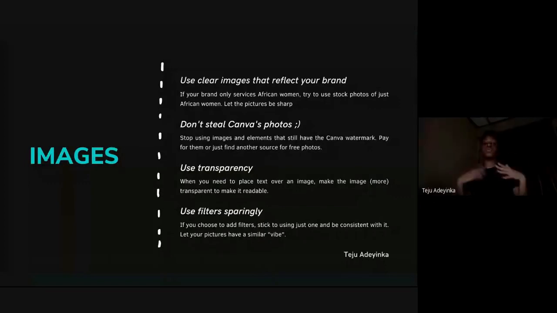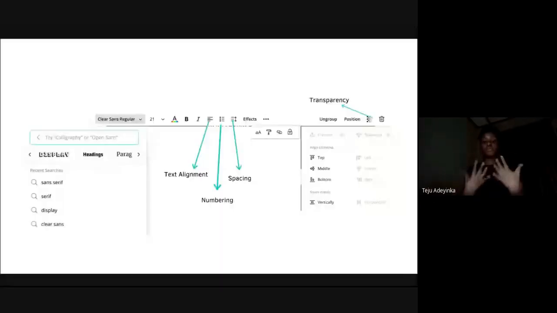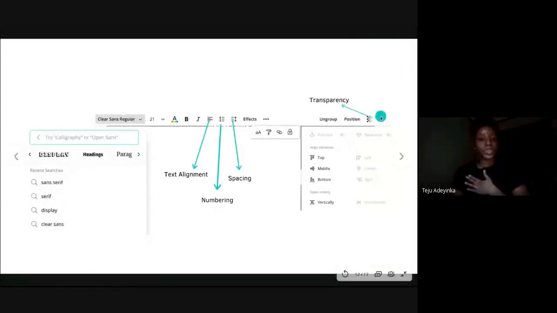Again, this goes with what I said about embracing focus. So if you're going to put a picture of tall buildings and you want to put text in front of it, it's very possible that we won't be able to see the text properly because there's so much going on. But one thing you can do to balance that out is to use the transparency tool, which again is on this menu bar,